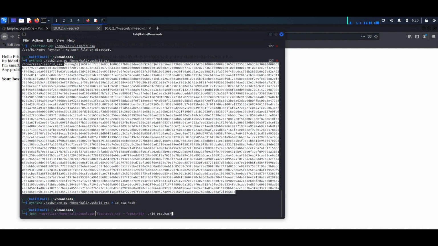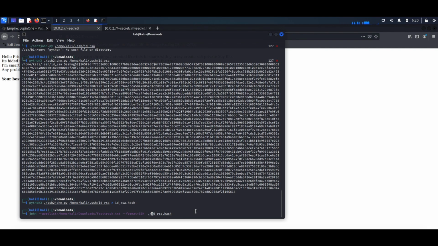You use that word list. We use the fast-track word list. We say that it is an SSH key, and we give it the file we just piped that into. So if we run John now,